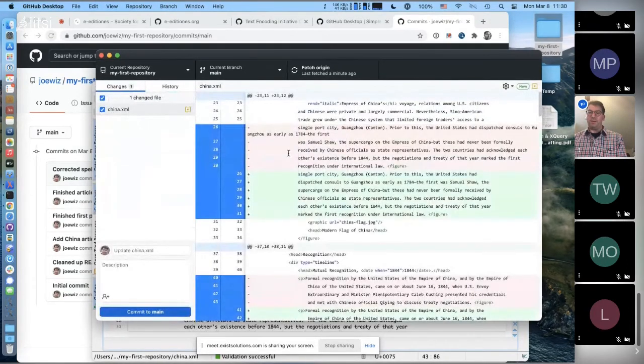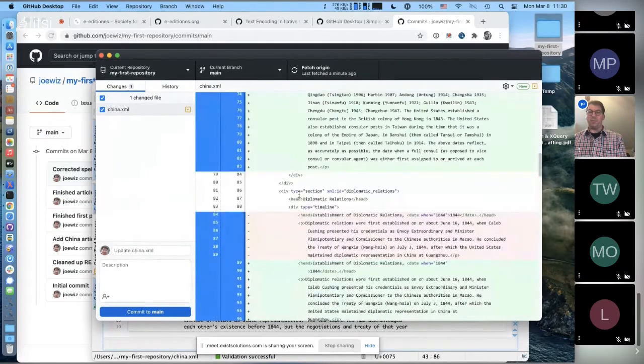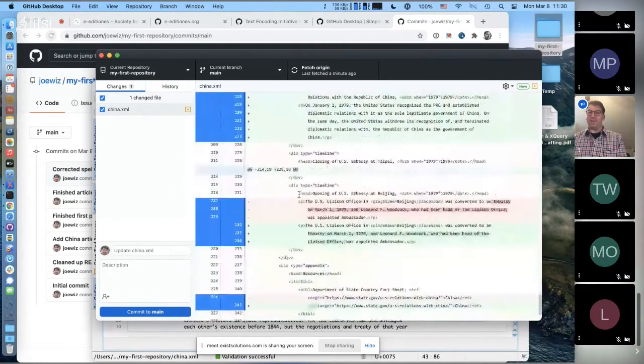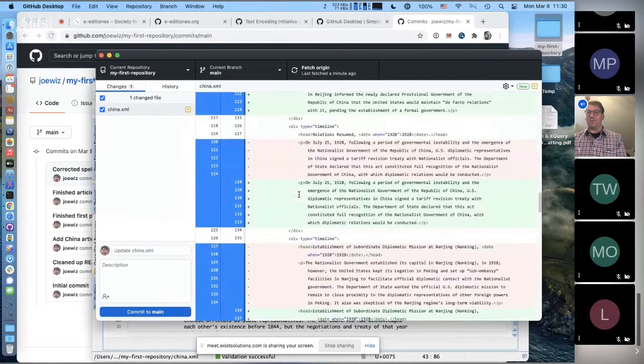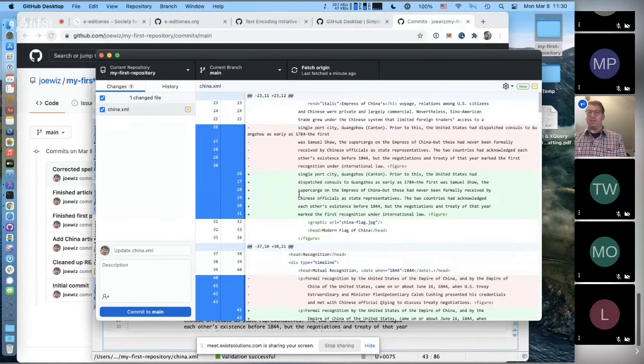When I do that, GitHub detects changes throughout the document because I basically changed every line. So GitHub is doing its dutiful job, but it can be difficult to detect what actually changed here if there were other changes that I made of substance. So a good rule of thumb for TEI projects that have long files is to separate your commits into